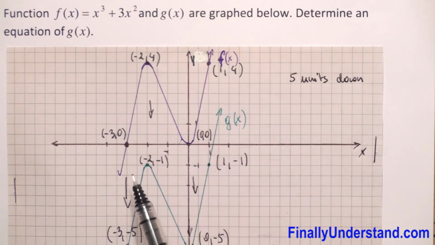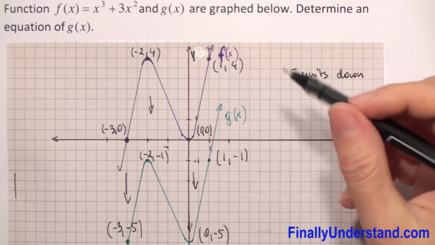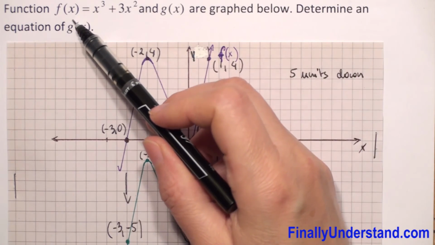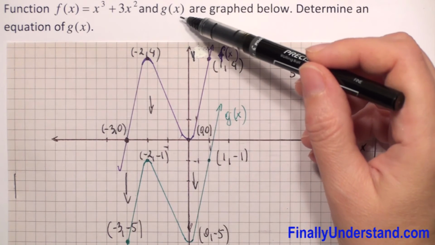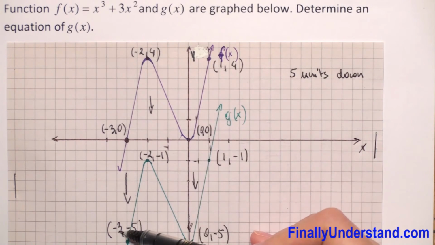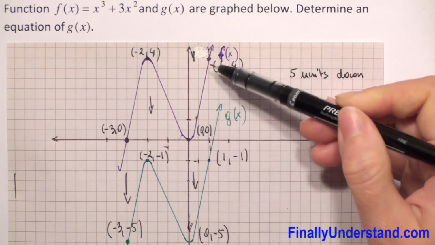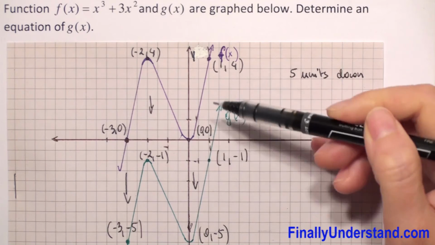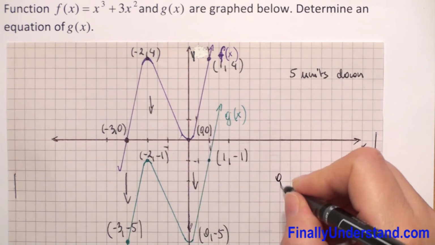And the first coordinates are the same. So when we have the given function f and want to find the equation of the g function, because the x coordinates are the same, -3, -2, 0, 1, we have to copy